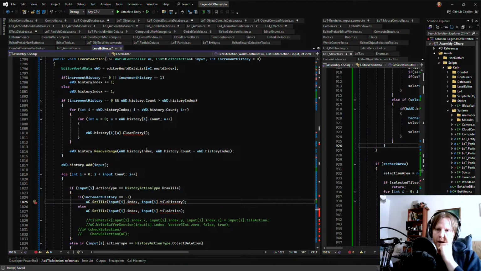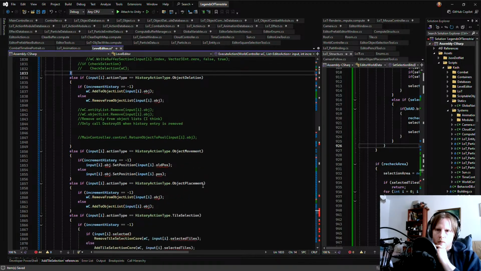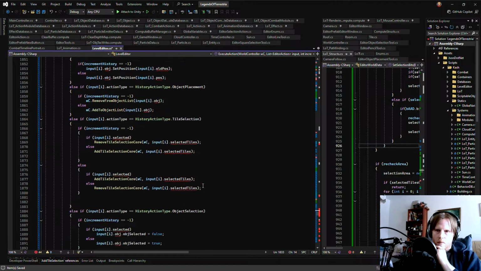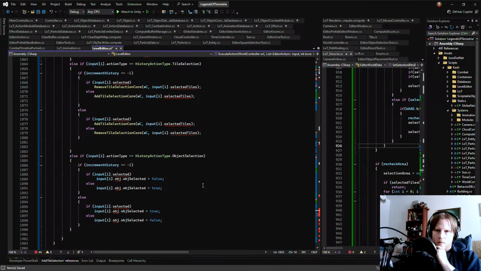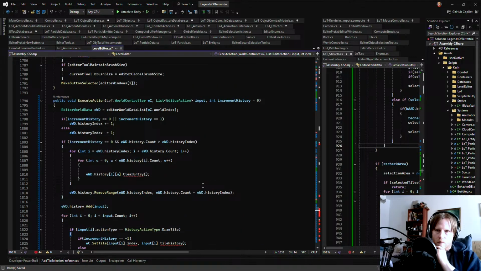Then here we have execute action. And quite frankly, we shouldn't need to have any of this anymore. All we should have to do is go to the action, iterate through it, and then run execute if it's redo or execute. And if it is undo,